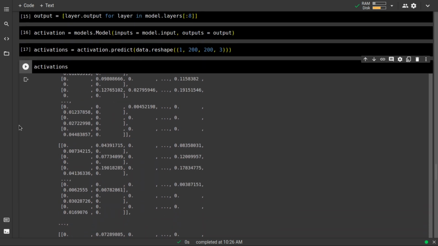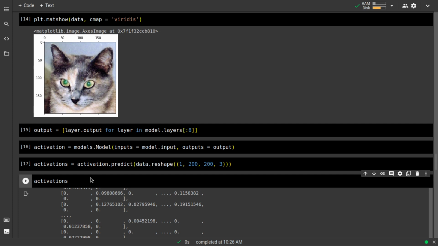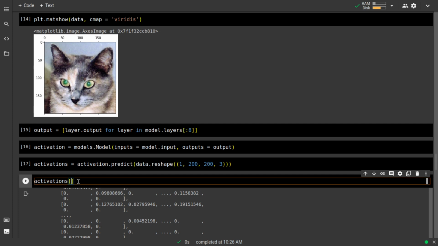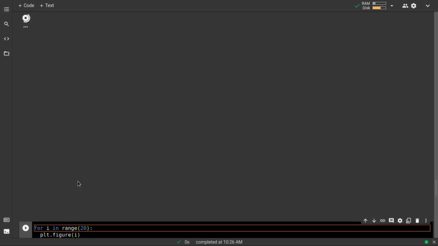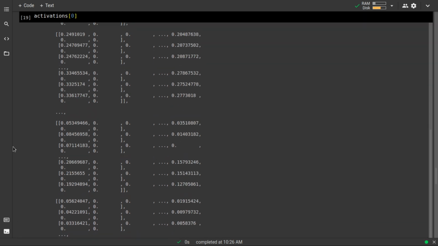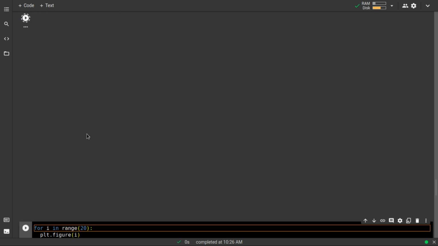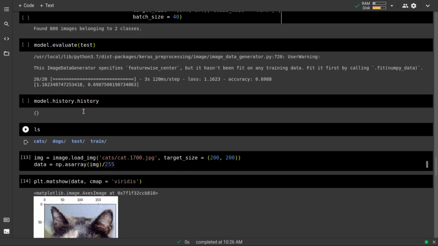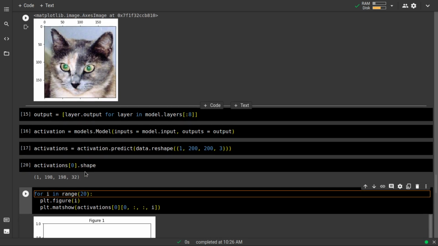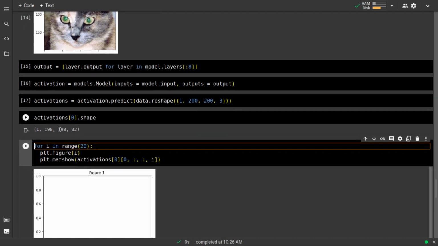So yes, now if you do a 0, you will get this one, and if you do 0 dot shape, you will get, what is that? Yes, you will get 1. So the output is 1, that means it is one sample only, right?